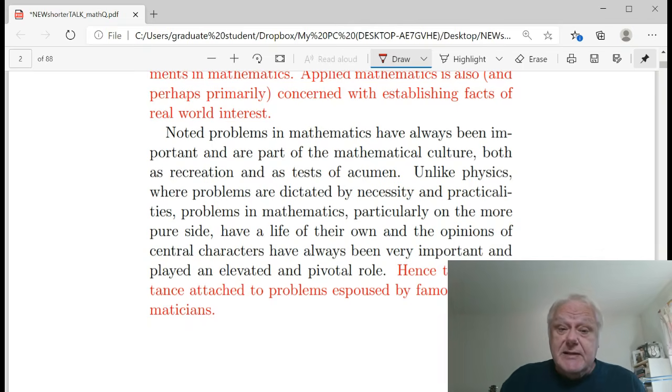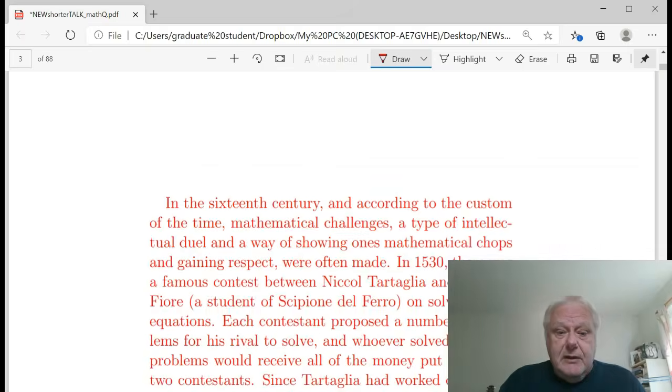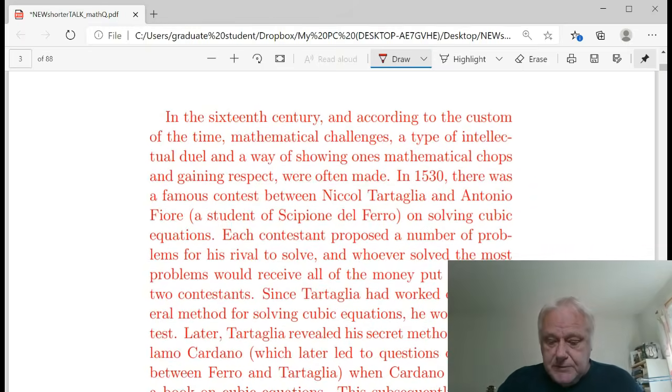And indeed, the central figures in mathematics have always played an important role, and so what they think to be the most important problems have always been associated with additional importance. Now, I have 2 examples of problems that have occurred in the past that perhaps give you a sense of this cultural heritage. The first one is